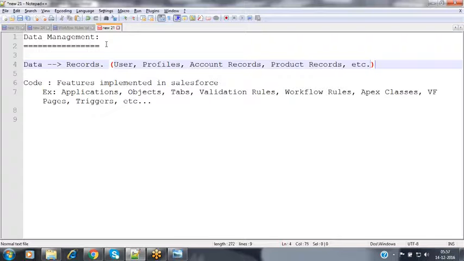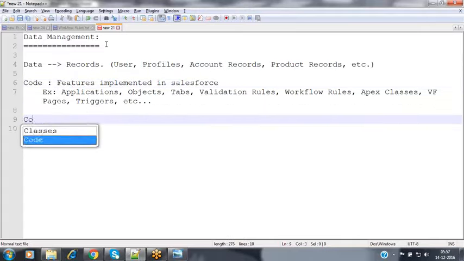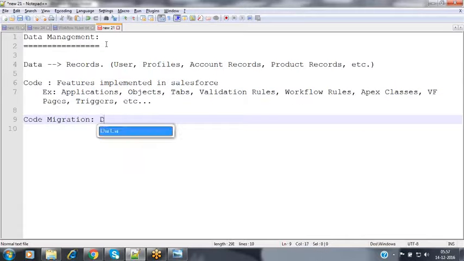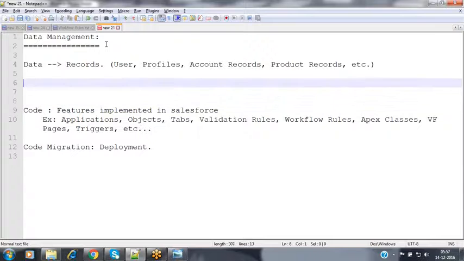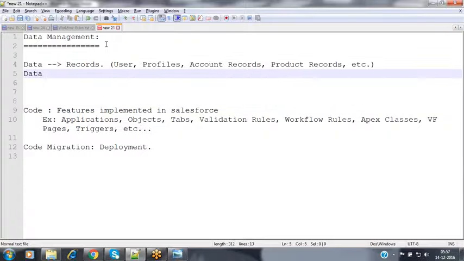Code migration is called the deployment process. Deployment is a different concept. At the end of that development course, we are going to discuss the deployment process. Now, data migration. Data migration means what?